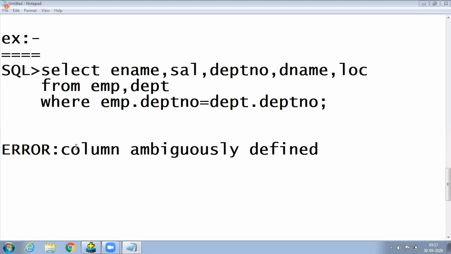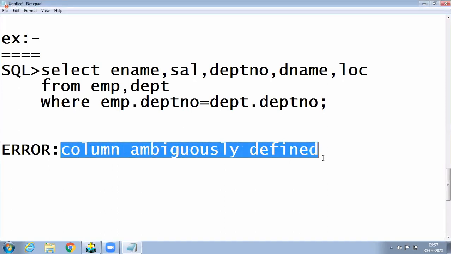Completed this one? Fast. This error, write it: column ambiguously defined.